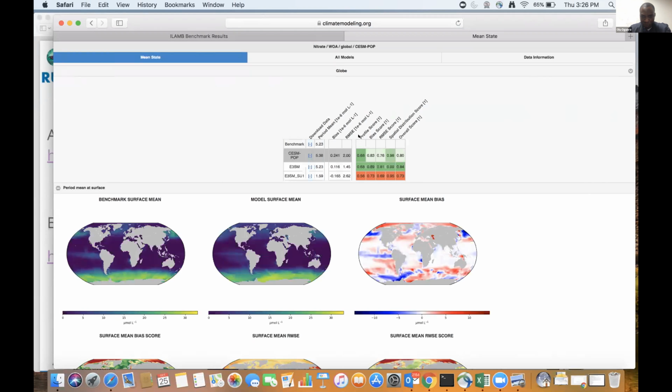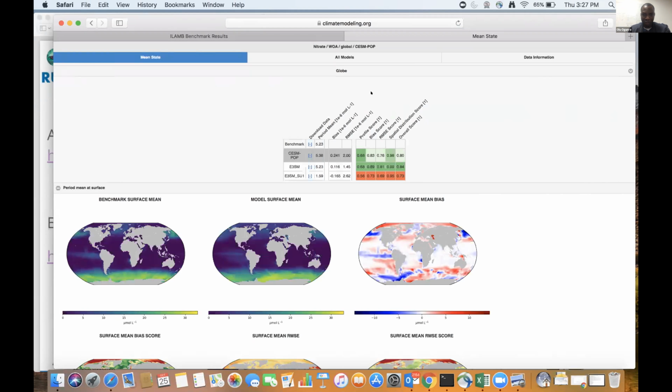But if you look over here, you see the profile. We have a score for the profile as well. So if you're running a model which is limited to the surface, say for example, a slab model, then there will not be any score for the profile. So we have a score for the bias, and then the score for the RMSE and the spatial distribution, and then we generate the overall score.